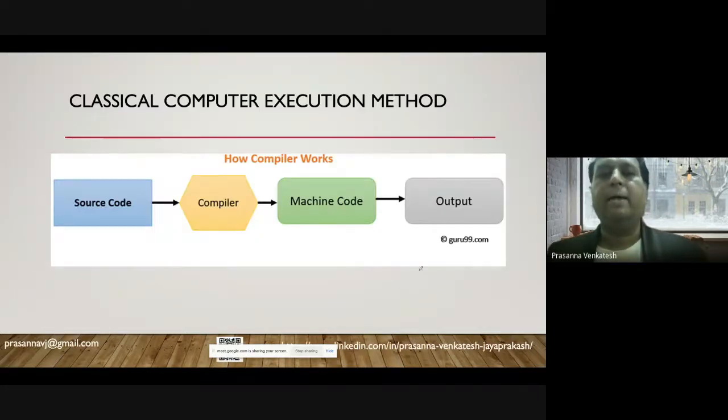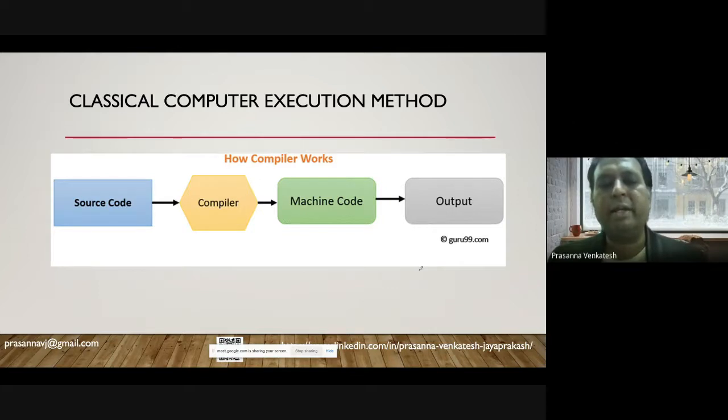Right. So before I get in, let's look at the approach followed in typical classical computers from the programming execution perspective. I'm sure the majority of you are programmers, and you write your code in some language.